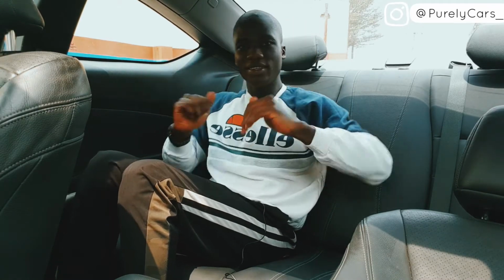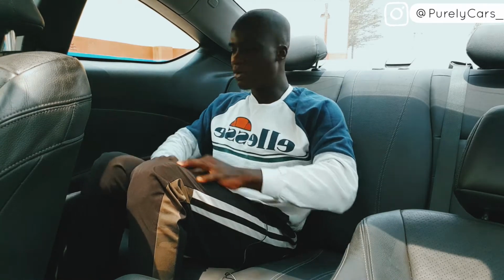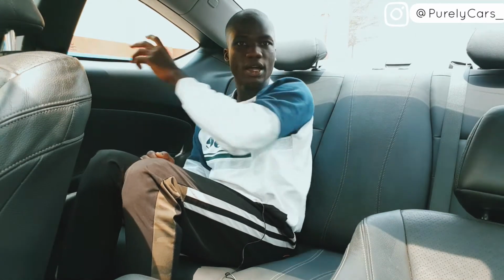Enough space to move around. And then you have shoulder room. You have cup holders here, which is very nice. And another thing I like that makes sitting at the back still comfortable is the fact that you have a lot of glass around. So you have a lot of light coming into the car, so you don't feel claustrophobic,